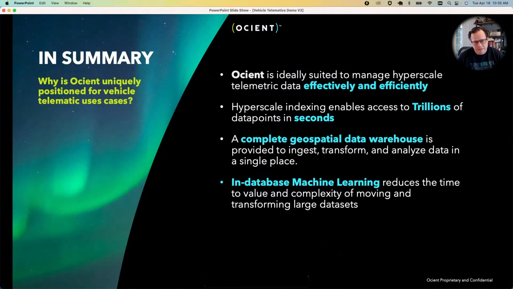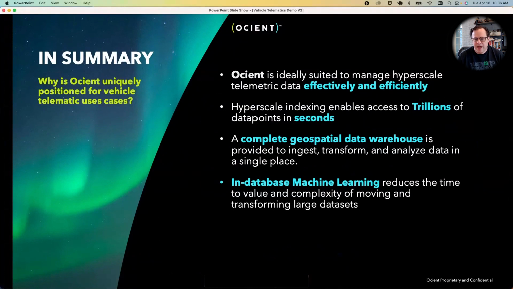Our indexing, which runs on a variety of different data types, helps enable access to the trillions of data points in seconds, whether or not it's on a geospatial column. The ability to define secondary indexing is hugely important at this scale to narrow down the data set.